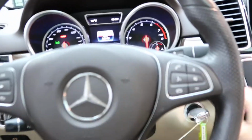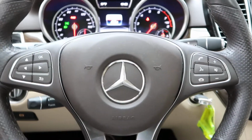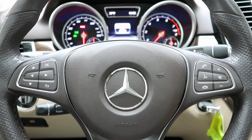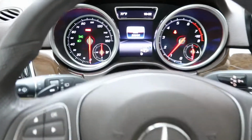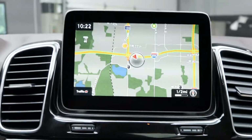Hopping in, let's go ahead and start it up. We've got our steering wheel controls. Also, this one does come with the smartphone integration, which is going to give you Android Auto and Apple CarPlay. Paddle shifters for extra performance. Got navigation,